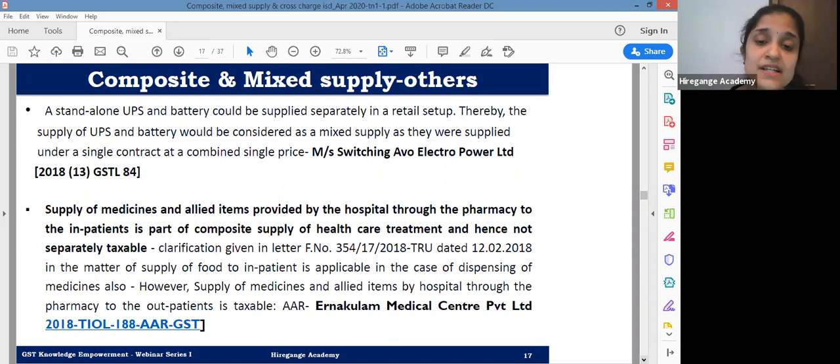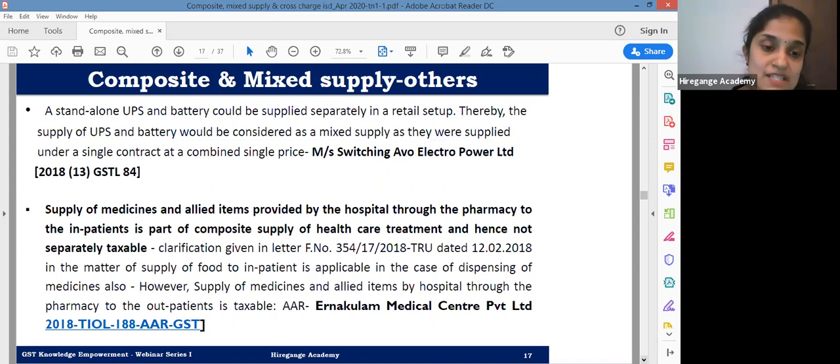Keep in mind, healthcare services is an exempted service, but what about medicine? Medicine is taxable. But if it is being given to the inpatient, wherein it is forming part and parcel of the healthcare services, and there is no optionality to the patient, the patient is only coming for the healthcare service, all the other allied items are only for better receipt of the healthcare service, then in